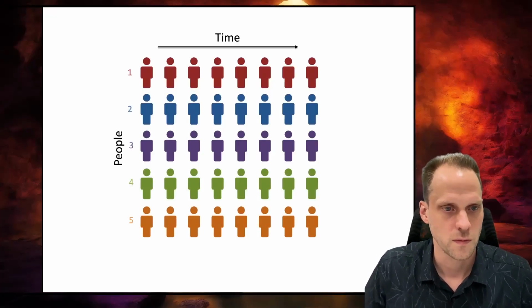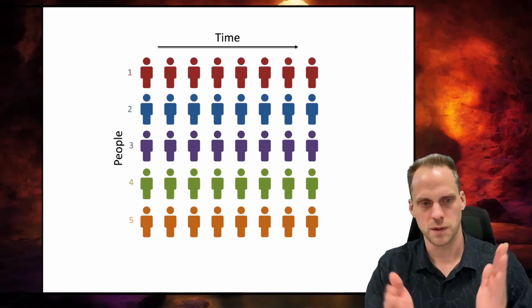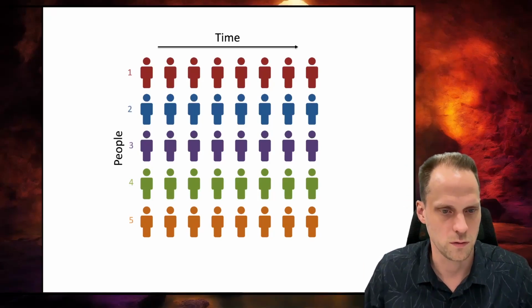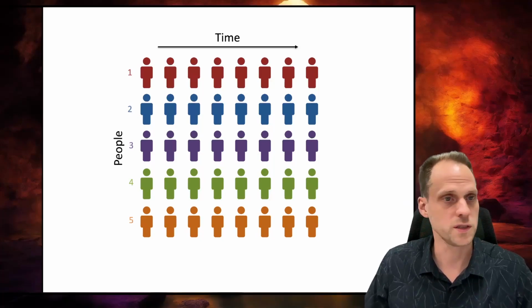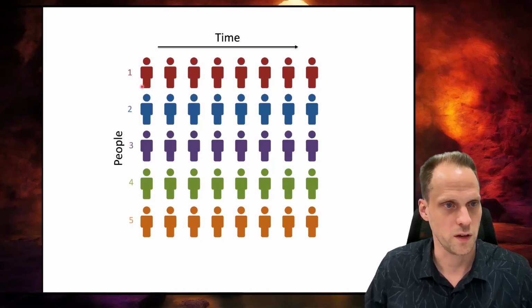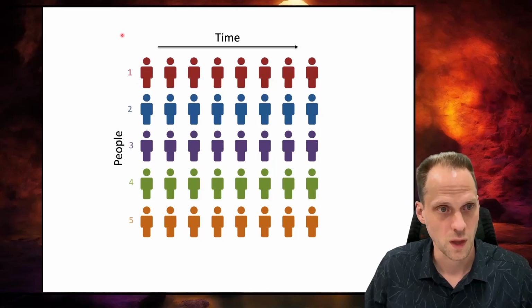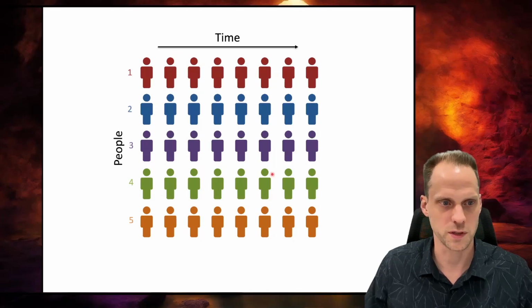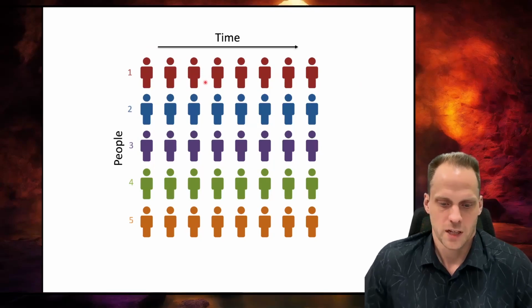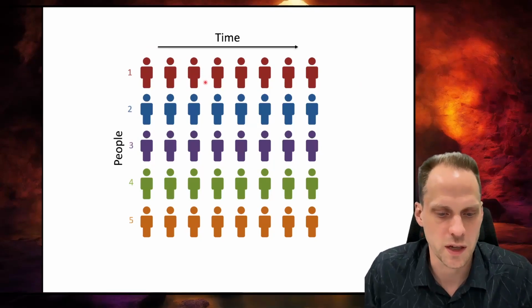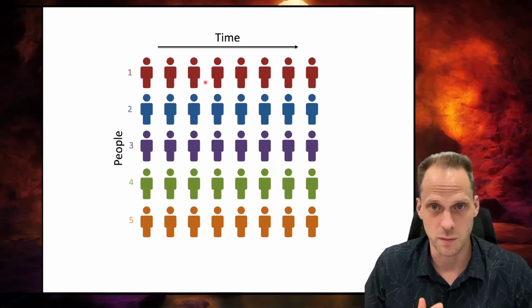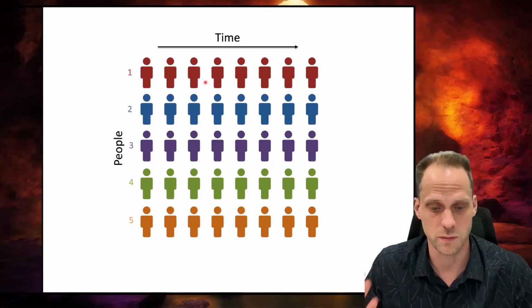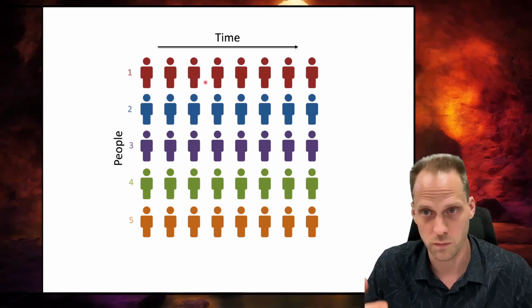So here I represent a space of potential observations that you might have. So we have people measured potentially at different time points. So this is a red person, blue person, the purple person, the green person, orange person, and they could be measured at different time points. So maybe every day we could have measured someone, and you might get different results if you measure something today or tomorrow or the day after.